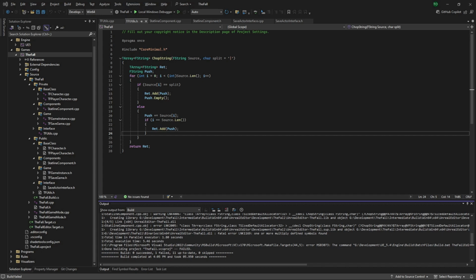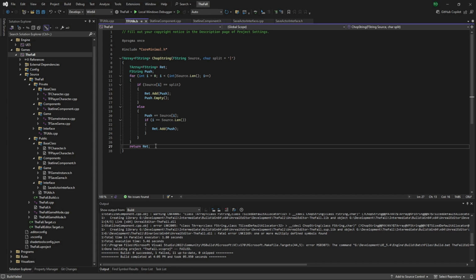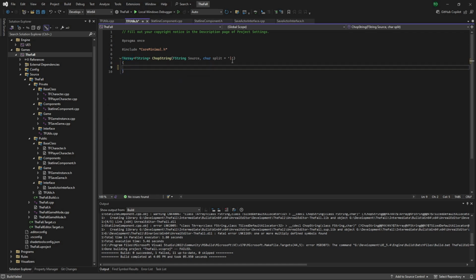All right, folks. The build completed, but it did throw an error. I did take a couple seconds to figure out what it was. For whatever reason, I'm not sure if this is something unique to 5.4 or if it's something that I did differently, but the error is the fact that we've defined this in the header file. So we're going to quite simply cut that out,